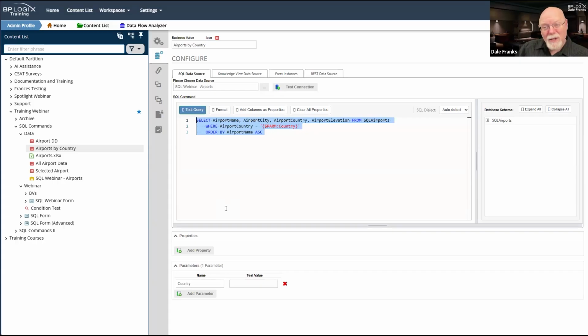So that means we have to be super careful about how we use business values, because A, the business value is now accessible basically to any implementer on your system who wants to call a business value to do something. So it can be used anywhere. And two, we are not going to check to ensure that what you place in this box is what is supposed to happen, because we don't know what is supposed to happen.